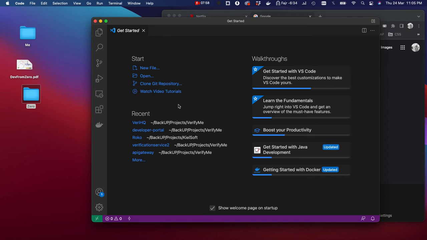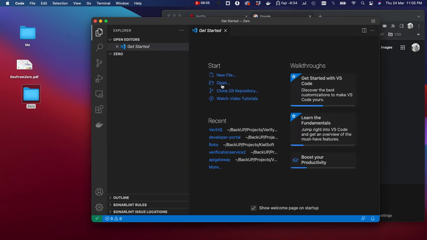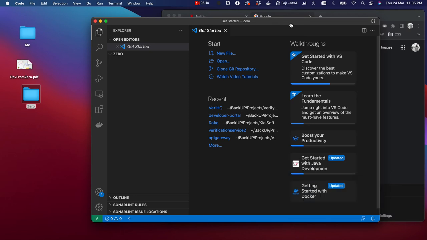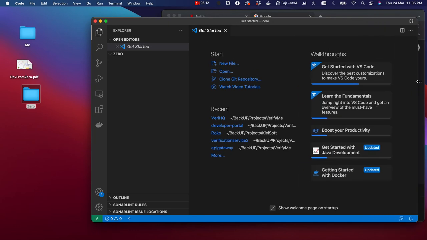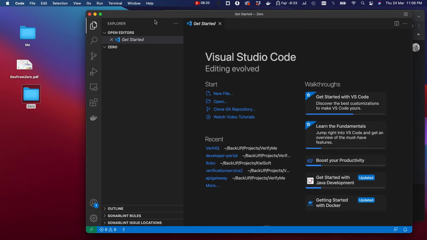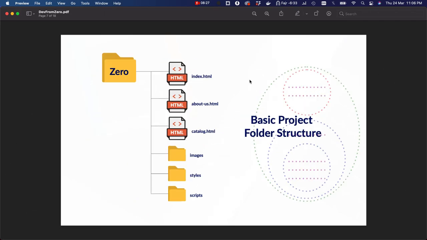But just for a simple and direct way to open it, I'll drag this folder into Visual Studio Code, and then you'll see Visual Studio Code popping up, with many other things, maybe things to install if you have not installed them before, right? So fine. A simple way in Visual Studio Code to create, you already have your folder. If we're following this guide, you have created a folder called 0, and inside that, let's create our first